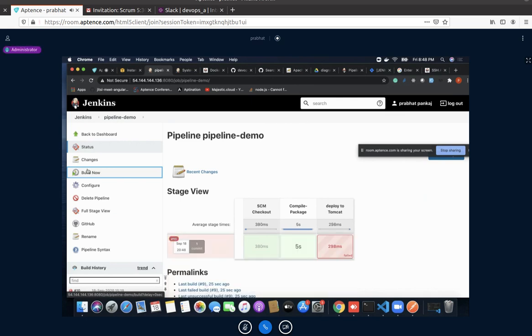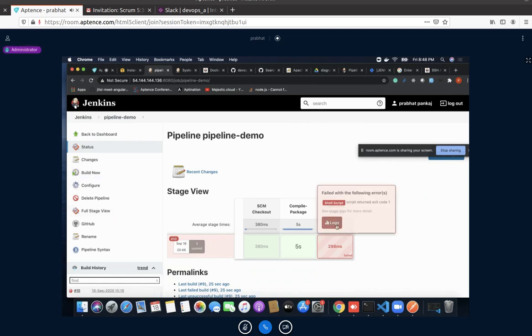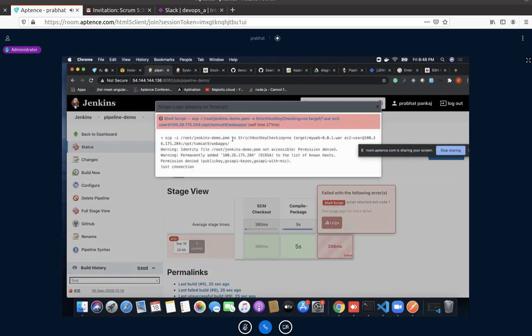Again, it is failing. Why is it failing here? Permission denied. Okay, this file is not accessible.